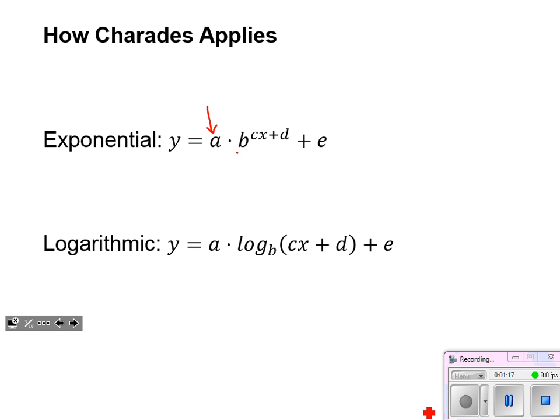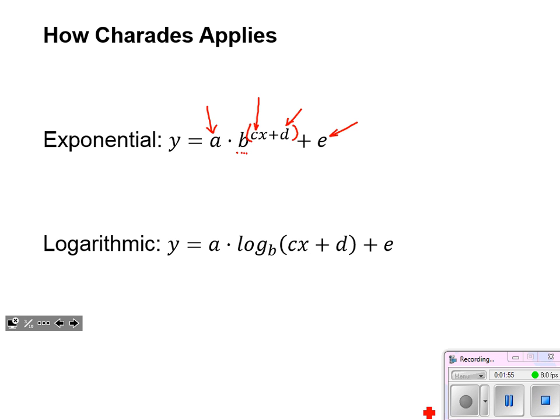Then we've got b, which is just, in this case, the base of our exponential function. Then we have a multiplier on x, which, again, if it's positive, it could be stretching or shrinking our graph, controlling the how fast aspect of the graph, stretching or shrinking horizontally. If it's a negative, it could also flip that graph horizontally. Then we've got plus d. Notice that it's all in this exponent. The exponent is like the input area. That's where all the horizontal work happens. And this plus d, that could affect the shifting of the graph left and right.